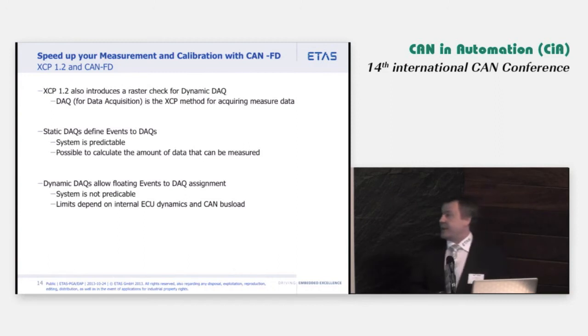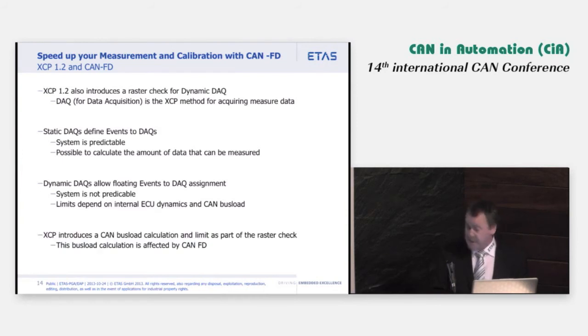The other one is called dynamic DAQs. With dynamic DAQs, it's a bit more complicated. It's free. Any event can go to any CAN ID for the DAQ CAN IDs. That means we can't predict how full the rasters are. We can't tell the user, hey, you've overfilled your rasters, or you've selected too many measure variables, and he doesn't know until he starts measuring, and then the ECU says, oh, I've got a problem, and stops measuring, and he misses his test. What XCP introduced was a method to do this